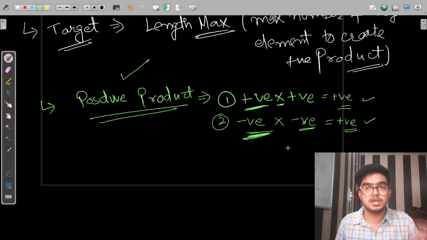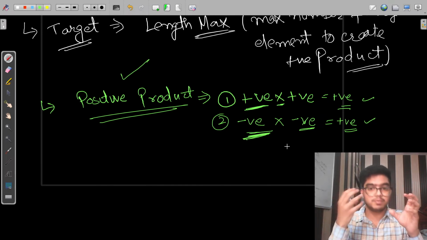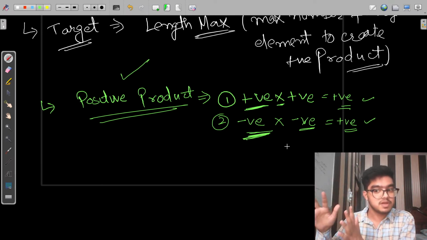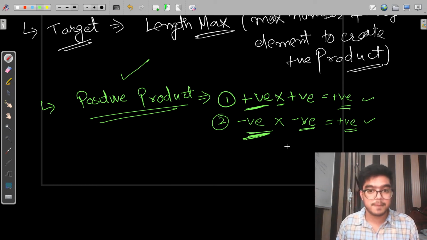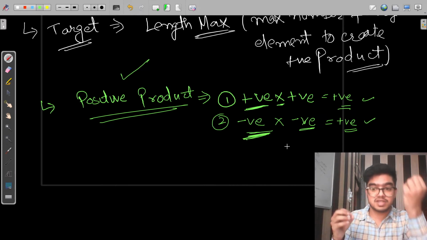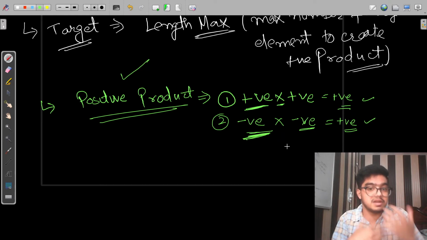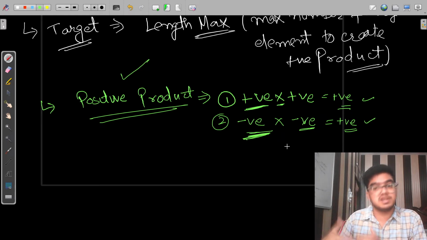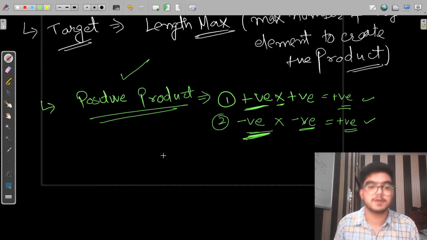Think logically: you have to find the positive product, and you have two things. If there is a positive value, it stays positive. If there is a negative value, it also becomes positive in pairs. So in order to find this, we have to take care of positive as well as negative counts, like how many negative elements come and how many positive elements come. I think this should be clear.